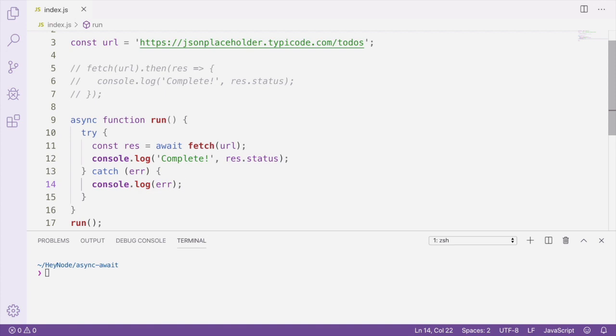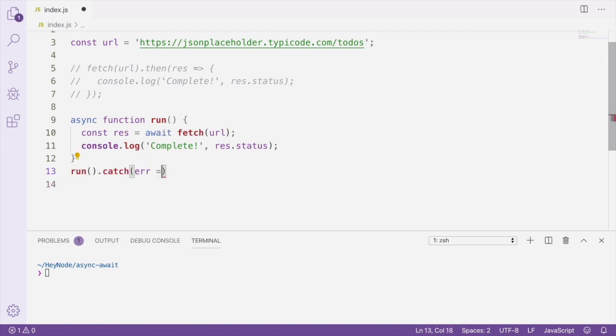The other approach to catching errors when using async await is to add a catch block when calling the run function. This approach allows us to handle the error outside of the async function. This can be really useful if you want the error to be handled by some logic that exists outside of the function where the error occurred. Handling an error in place like we did originally with the try catch blocks is probably the more common way to handle your errors, but it's definitely not the only option you have with async and await.